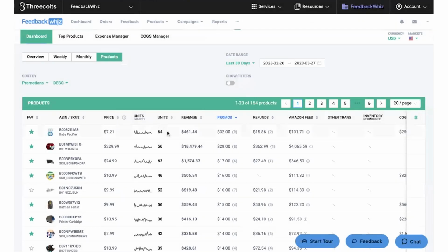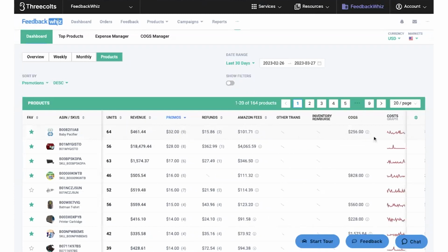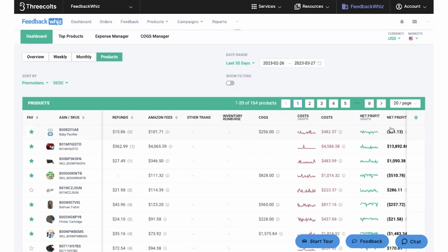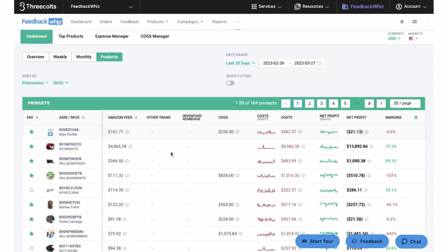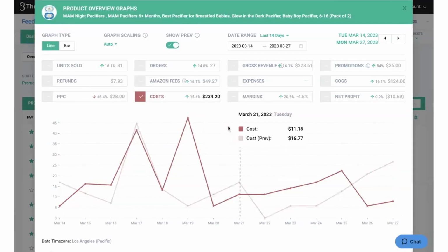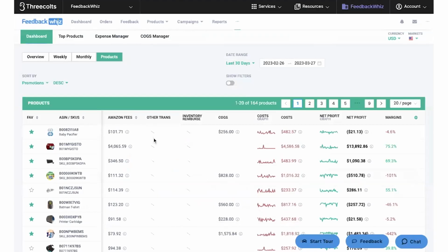You can see how many units you've sold, the revenue, the promos, refunds, Amazon fees, cost of goods, net profit, all of this information just for this ASIN, and you can select what time frame is displayed here. And the graph, again, is for this certain product right here. So it does break it down by the ASIN in terms of how well this is profiting.